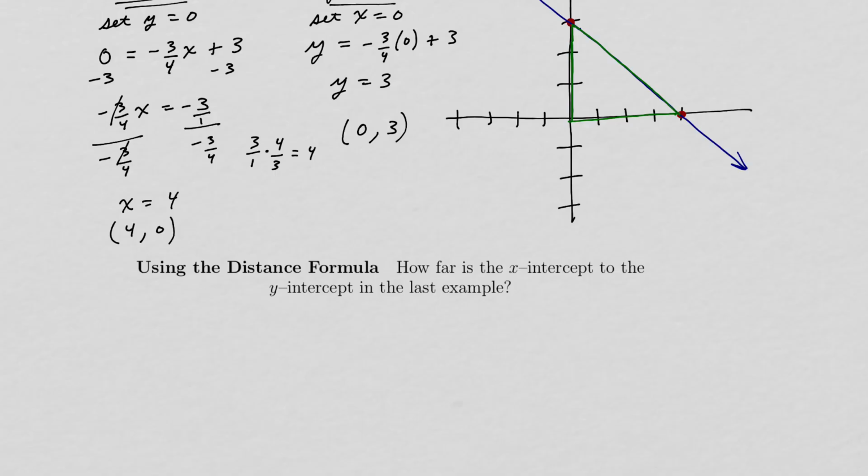This distance right here, this is 4. And this distance right here, this is 3. So if we want to find that distance between the 2 intercepts, we can basically use, and I'm sure you guys have learned this at some point, the Pythagorean theorem. If we have a right triangle, then it turns out that,